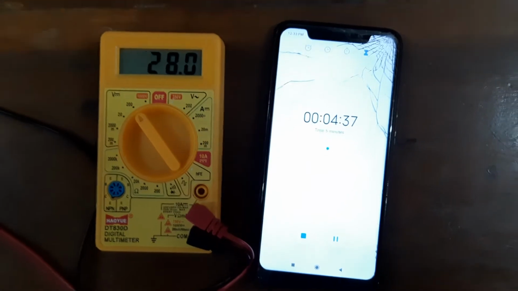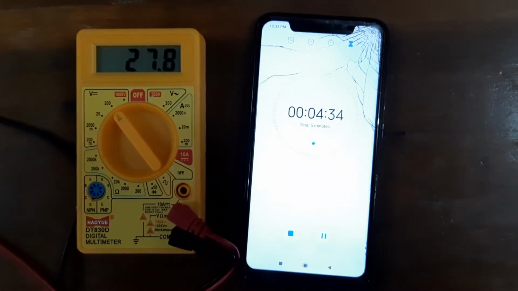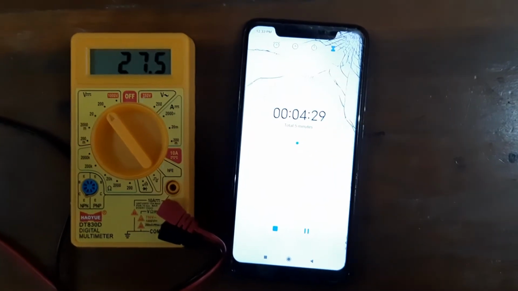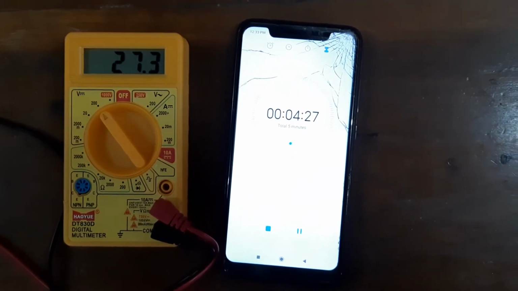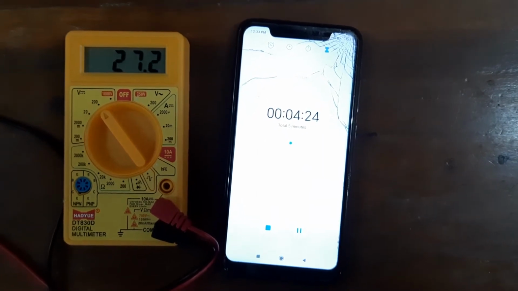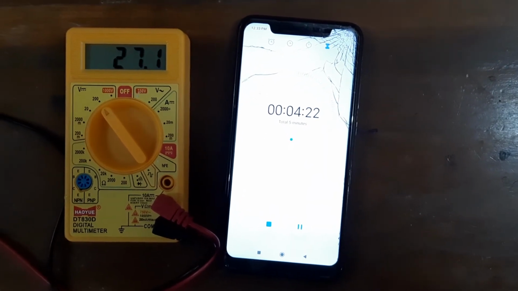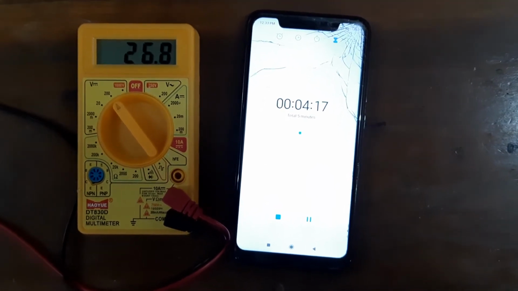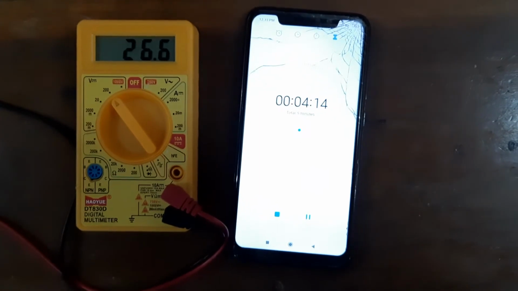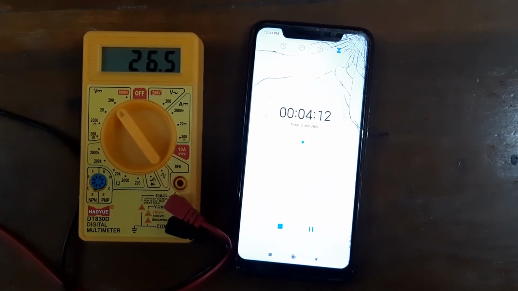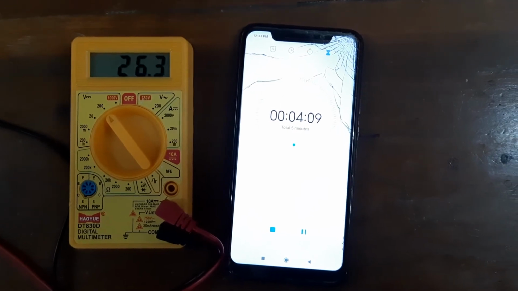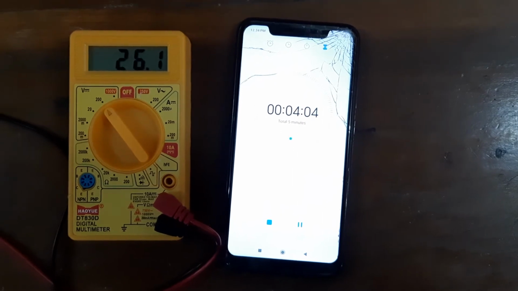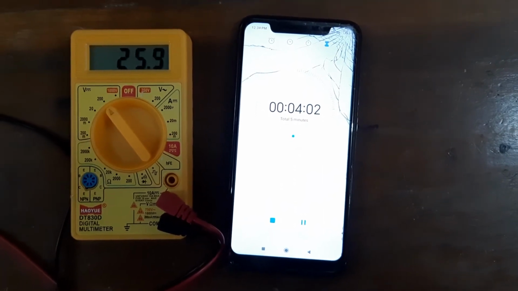Now since the unknown resistance is not connected in the circuit, you can find that the rate of discharge, or the time required to discharge the capacitor, is more as compared to when the unknown resistance was connected in the circuit, because the discharging path is through its own internal resistance. So earlier an unknown resistance was connected in parallel with the capacitor. So the additional discharging path was there. Now there is no discharging path.